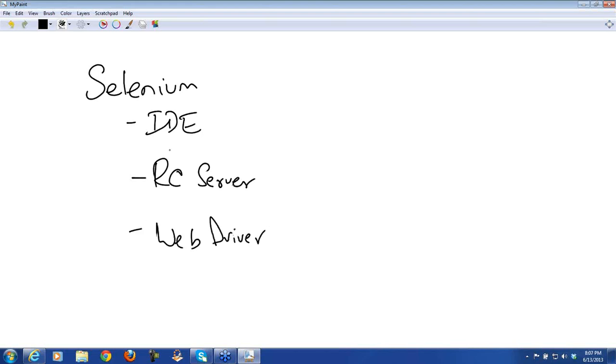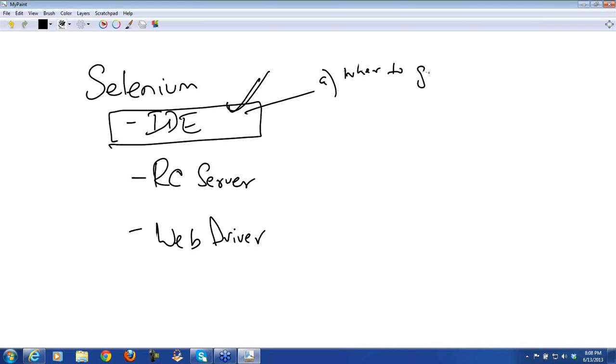Now, we had briefly looked at IDE. I have told you things about where to get your Selenium IDE from, right? Where to get it from. Number B,